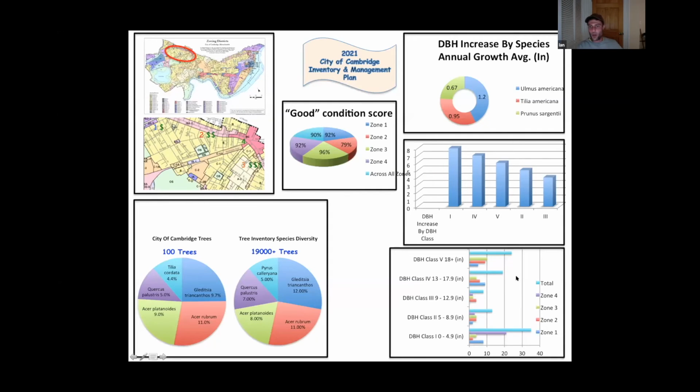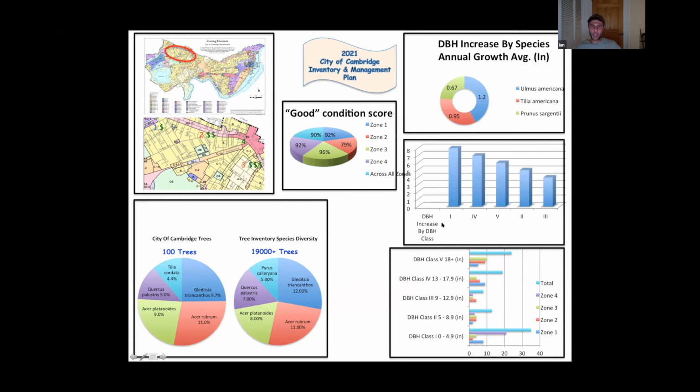So I'll just touch on that one note for this square, which is that David Lefcourt had mentioned that he wanted to really be planting as much as possible in urban heat island zones, and that would substantiate why we see so many younger trees in zone 4 as compared to the other zones. The next